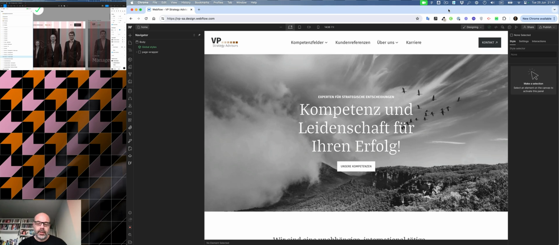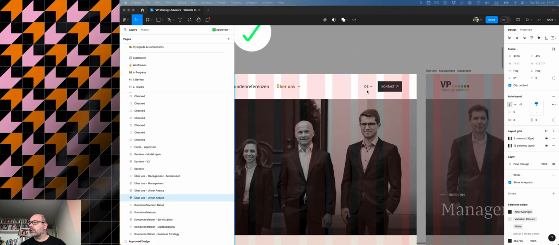And it's the final one. The whole website has been built. The only thing left to do is putting in the page SEO stuff and the language switch, which is going to be here. As you can see in the Figma,